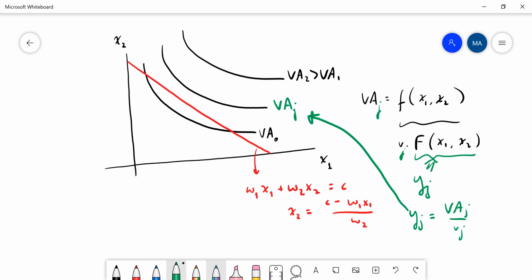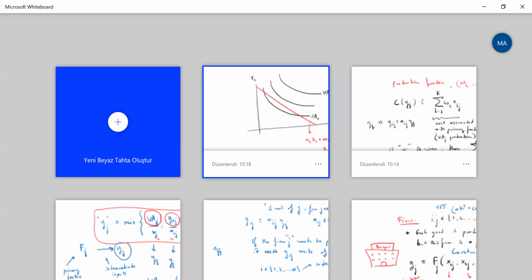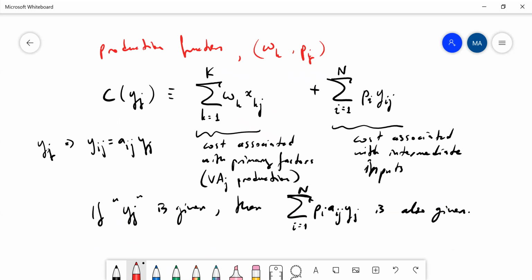Then the firm finds the optimal mix in here. So that's the same problem now. Let me go to the previous page. There's a production target. Since the production target is given, this part doesn't change. So the firm can only adjust the technology, the input mix. So if we write this problem formally,